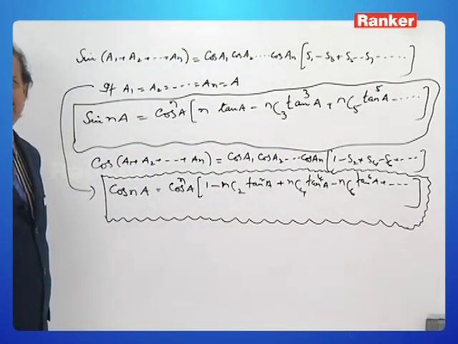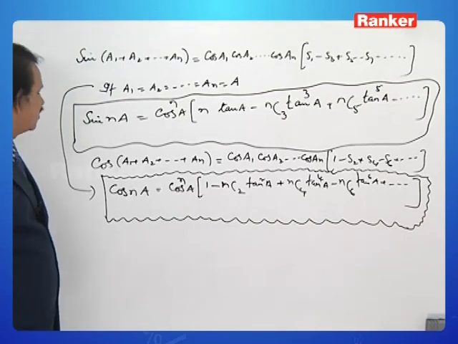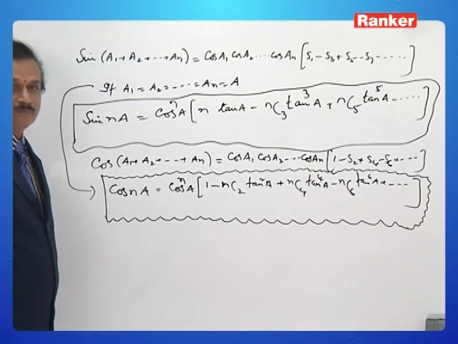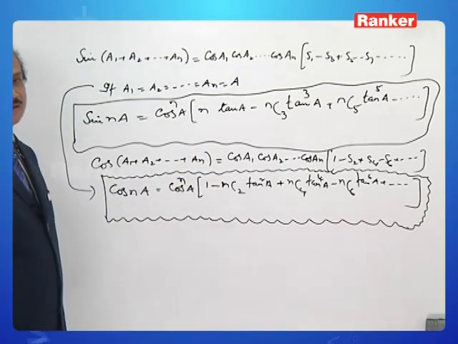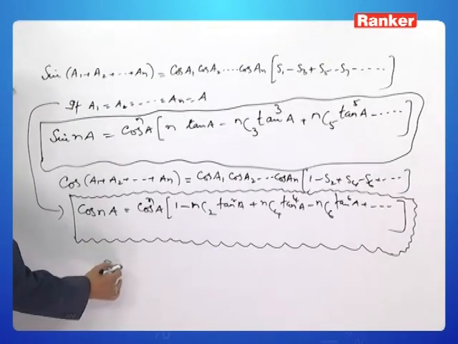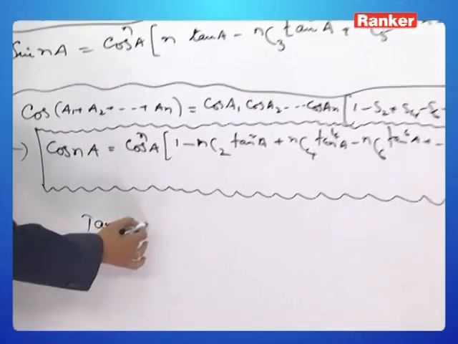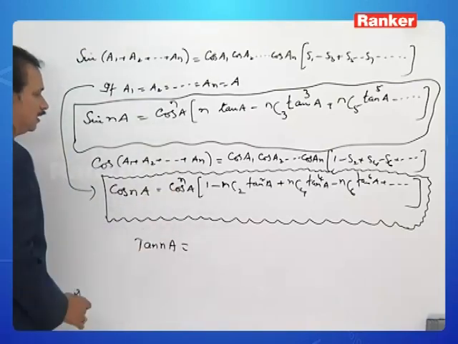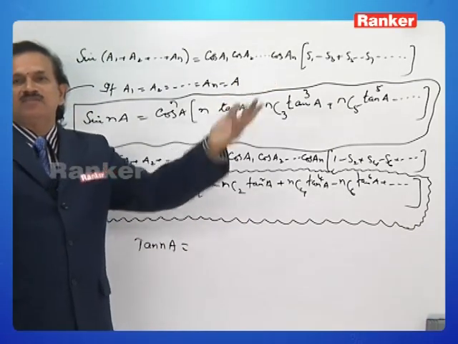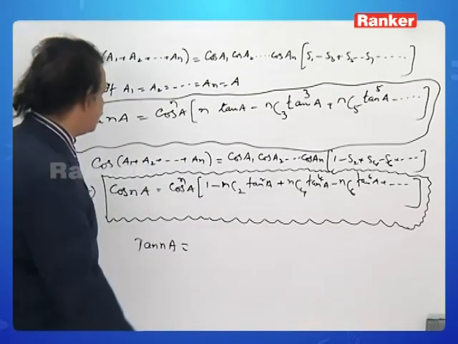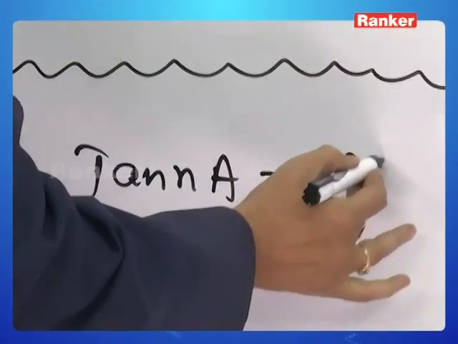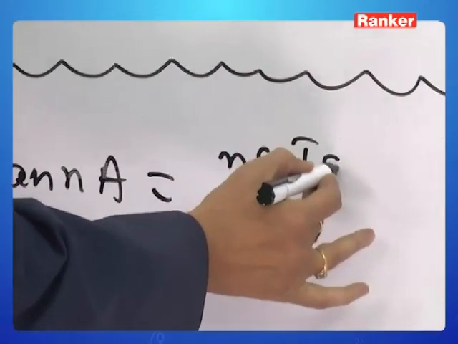Well, we have both sin nA and cos nA before us. Both are ready. Why can't we produce tan nA? We can. What is tan nA? This by this. Cos power nA will disappear. Then what happens? tan nA is nothing but nC1 tan A